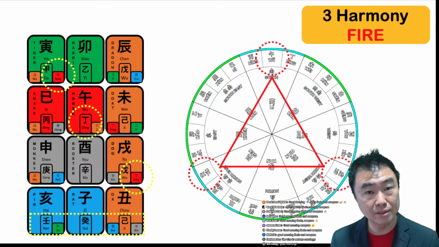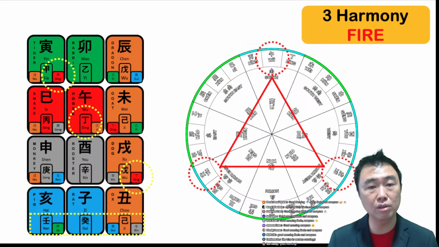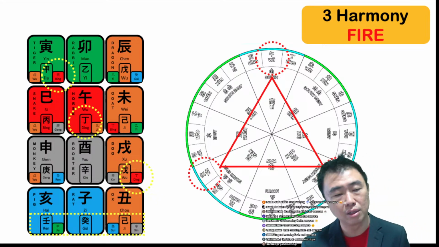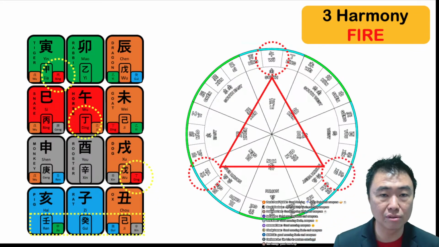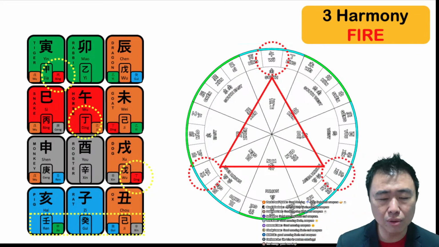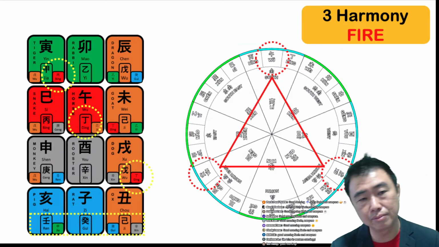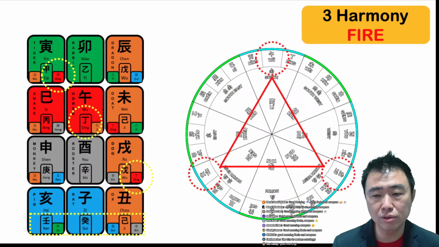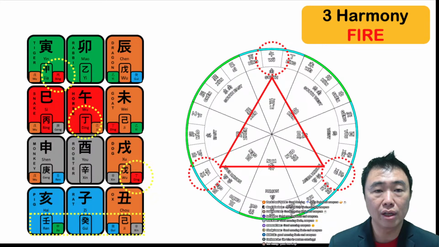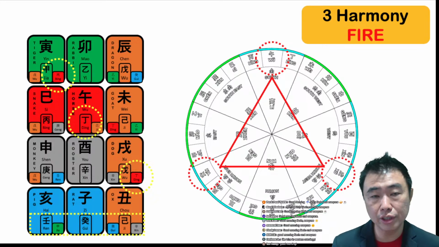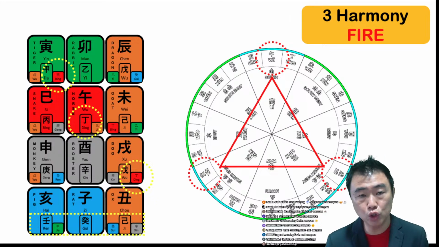So when you have a three harmony combination of fire and you happen to be a metal day master, you need to somehow learn how to use leadership. You need to go and learn leadership, or else that particular energy is just going to create aggression. So you become an aggressive little piece of shit, that's all, because you have nobody else to control, so the aggression cannot come out.